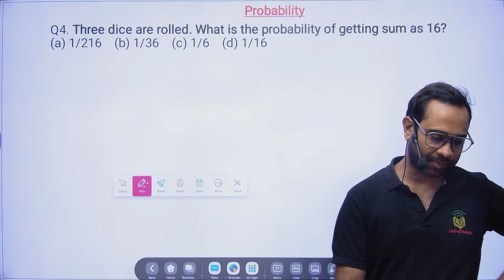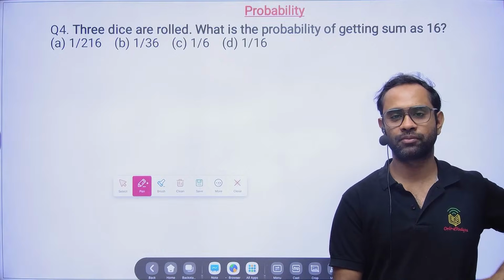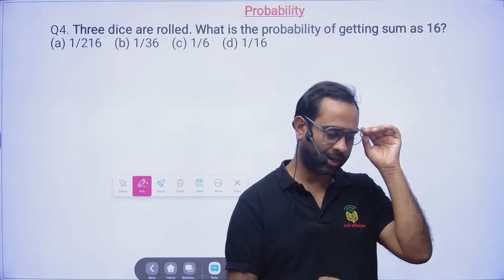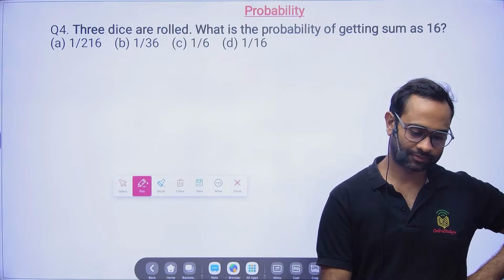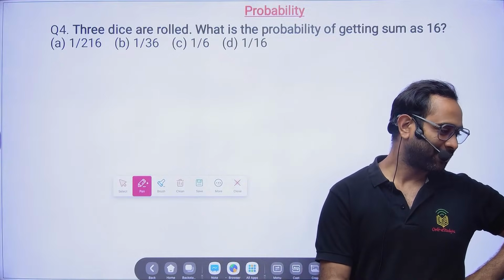How to increase speed? So use a calculator, automatically the speed will increase. The speed will increase,